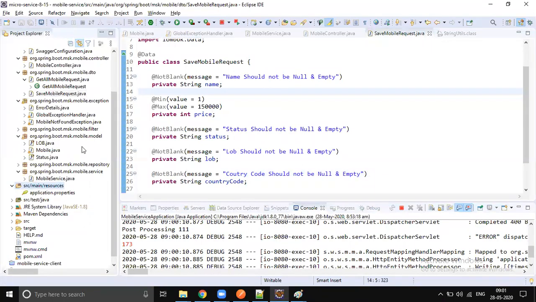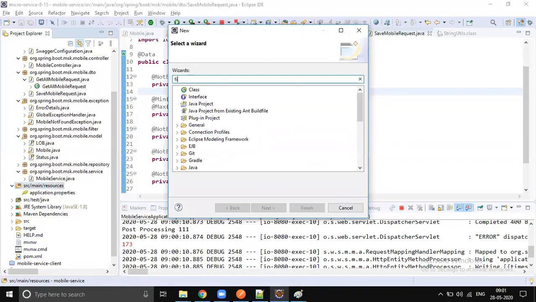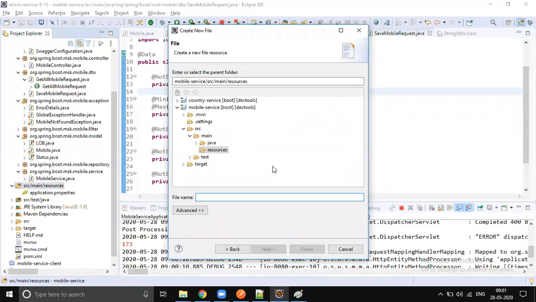It's better we create a separate file called error-messages.properties, right? Error messages dot properties.